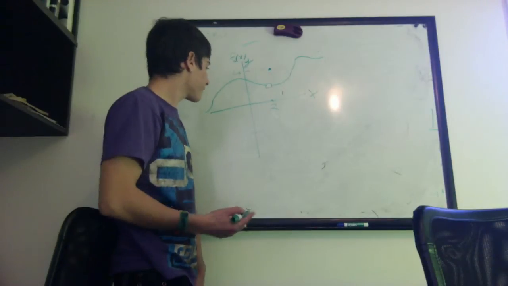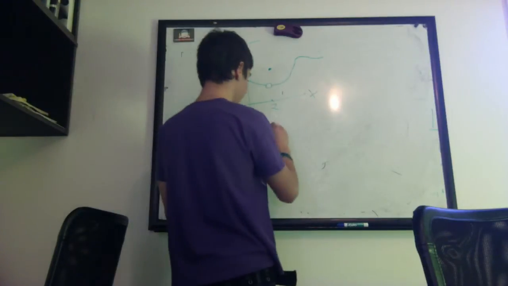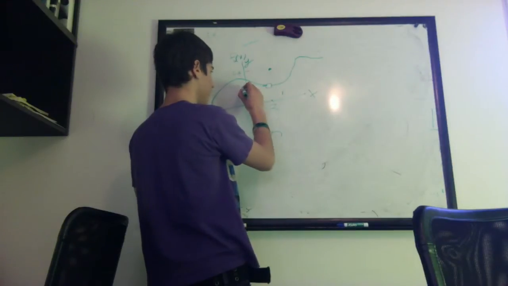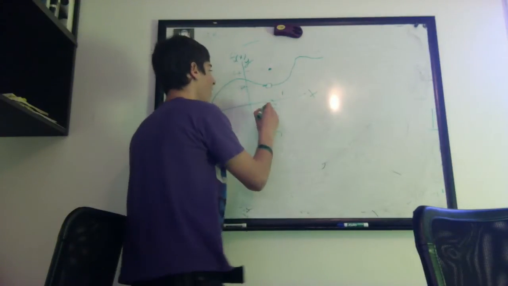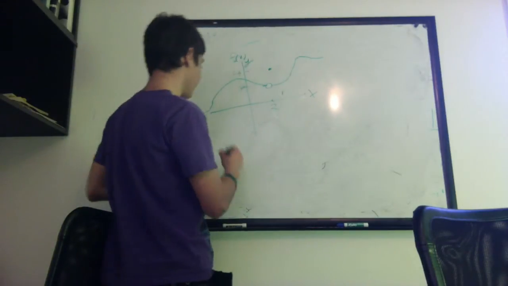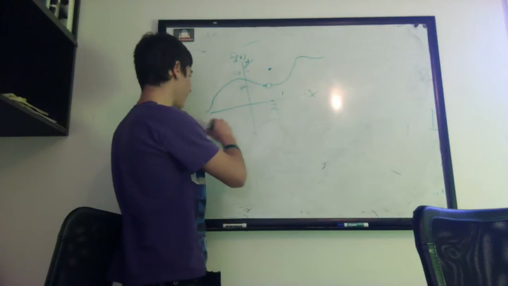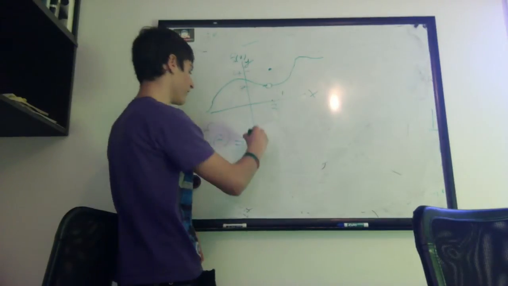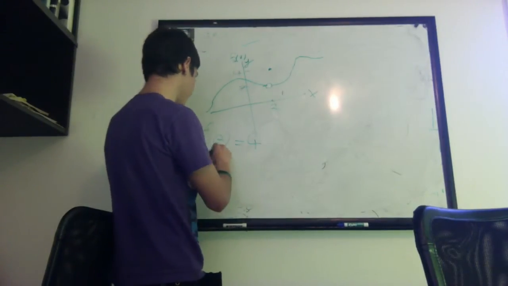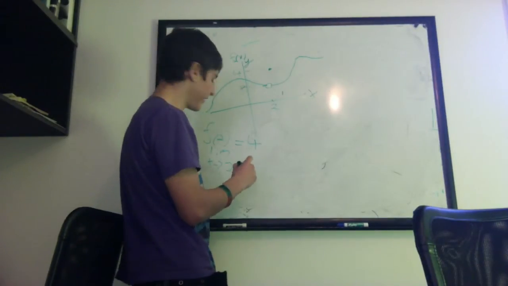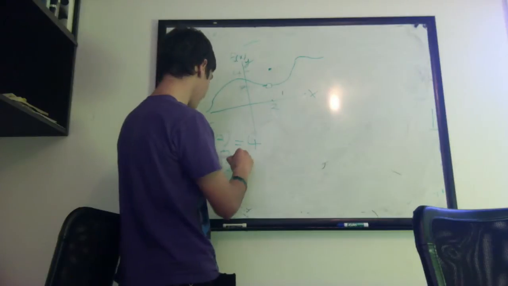So now we're going to say, what is the limit? And I'll also say that this point over here is 3. So the limit, okay, first off, we're going to get used to notation. So f of 2, that means the value of the function at 2 is equal to 4. But the limit, as x approaches 2, of f of x